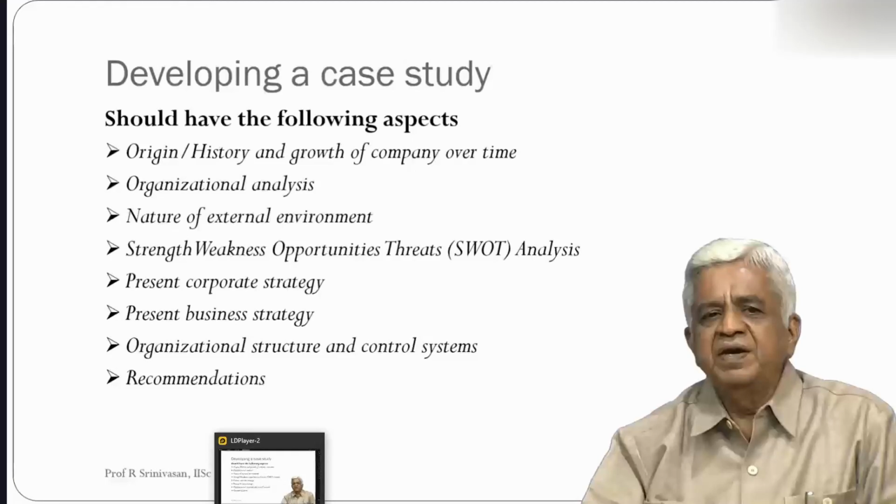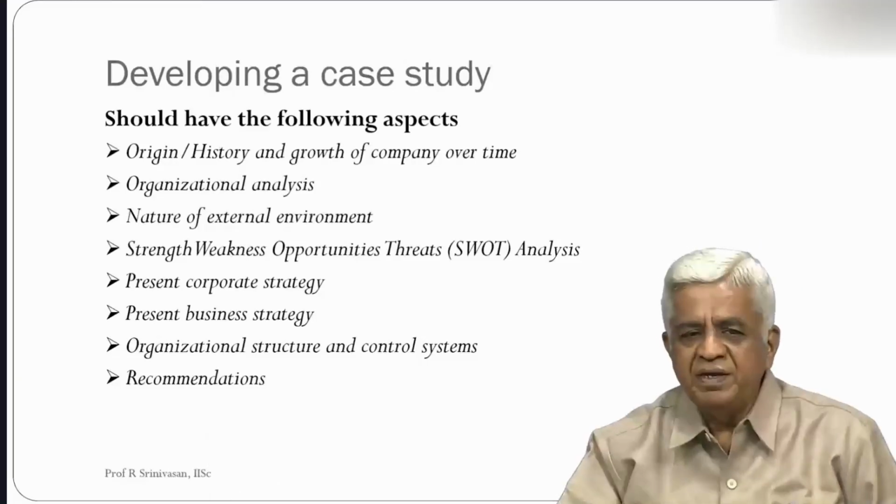After this aspect is touched, you also have to present to the student the structure of this organization and the type of control systems that this organization has with respect to a decision making situation. So how does this whole process of decision making percolate down the layers in an organization? All this will help you to make recommendations on the different aspects of the problem that is touched upon in the particular case.